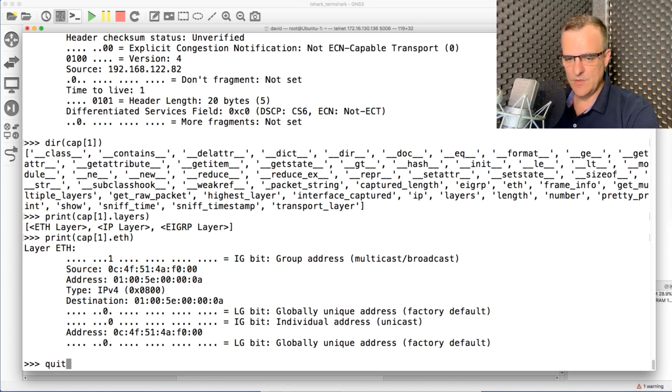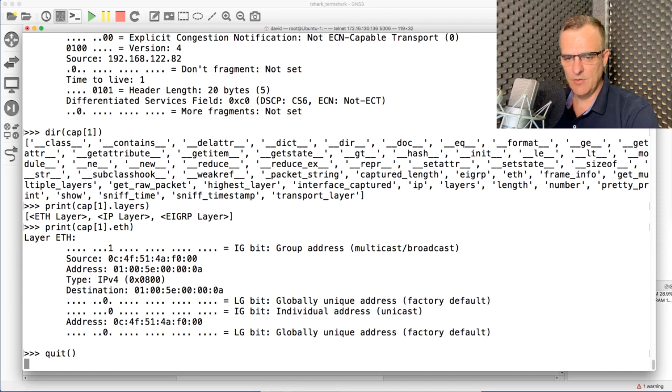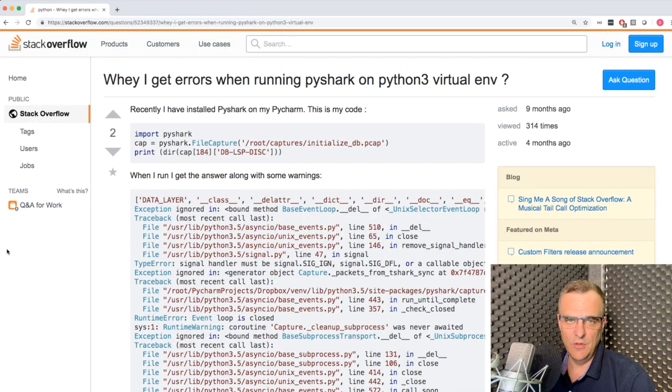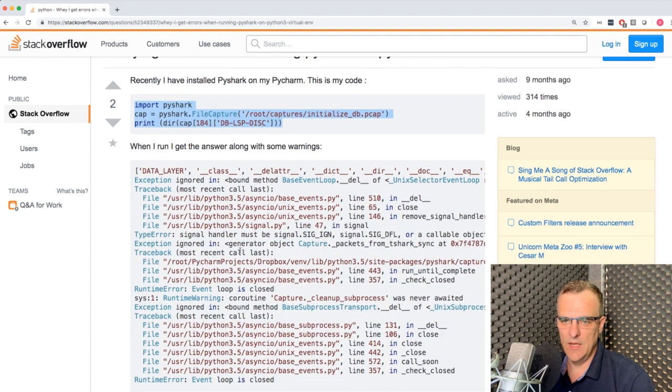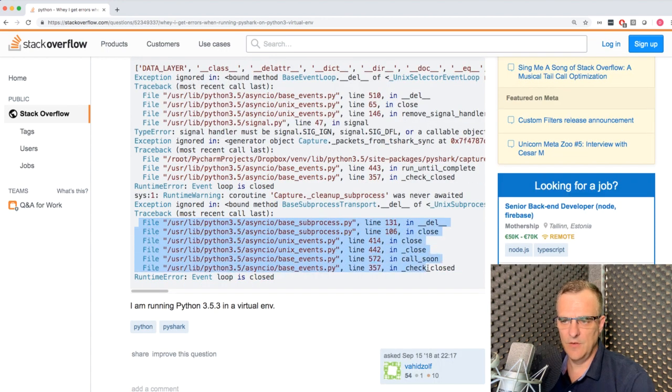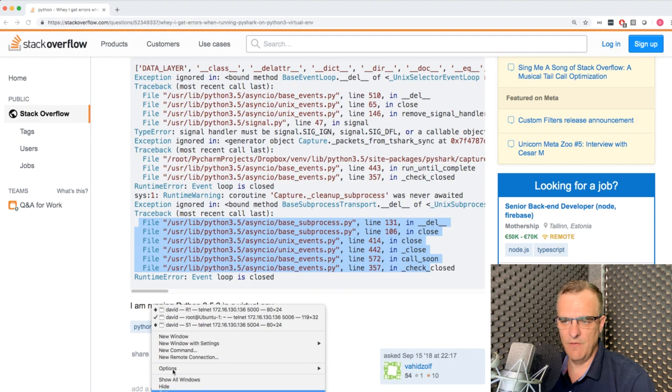Okay, so that was basic Python. Let's see if we can create a script, however, rather than doing it directly live coding in Python. Now, I have seen this error come up. Now, Stack Overflow is a great place to go and look for help if you're having problems with programming. Someone else has had this problem as well, where this message displays. So notice, as an example, they're having these errors, very similar to me